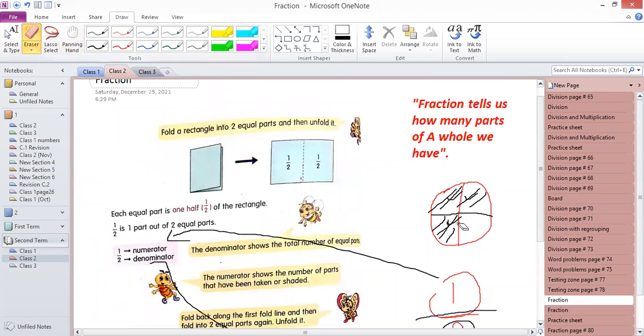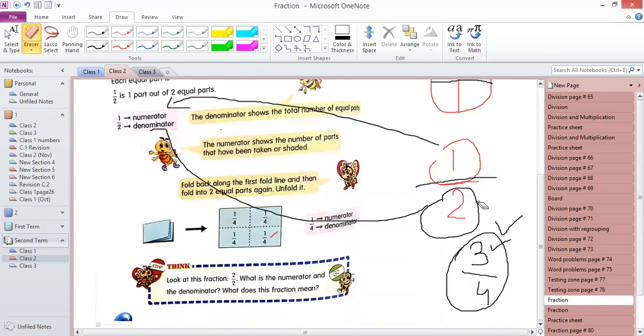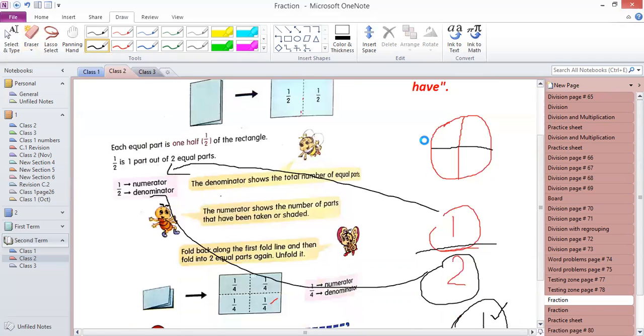But instead of 3, if I say that out of 4, I would like to eat only one piece of pizza out of 4, the fraction will be 1/4. The numerator will be only 1. If I want to eat 2 pieces of pizza, the numerator will be 2. So the numerator tells you the number of parts you are interested in. Is that clear, guys?